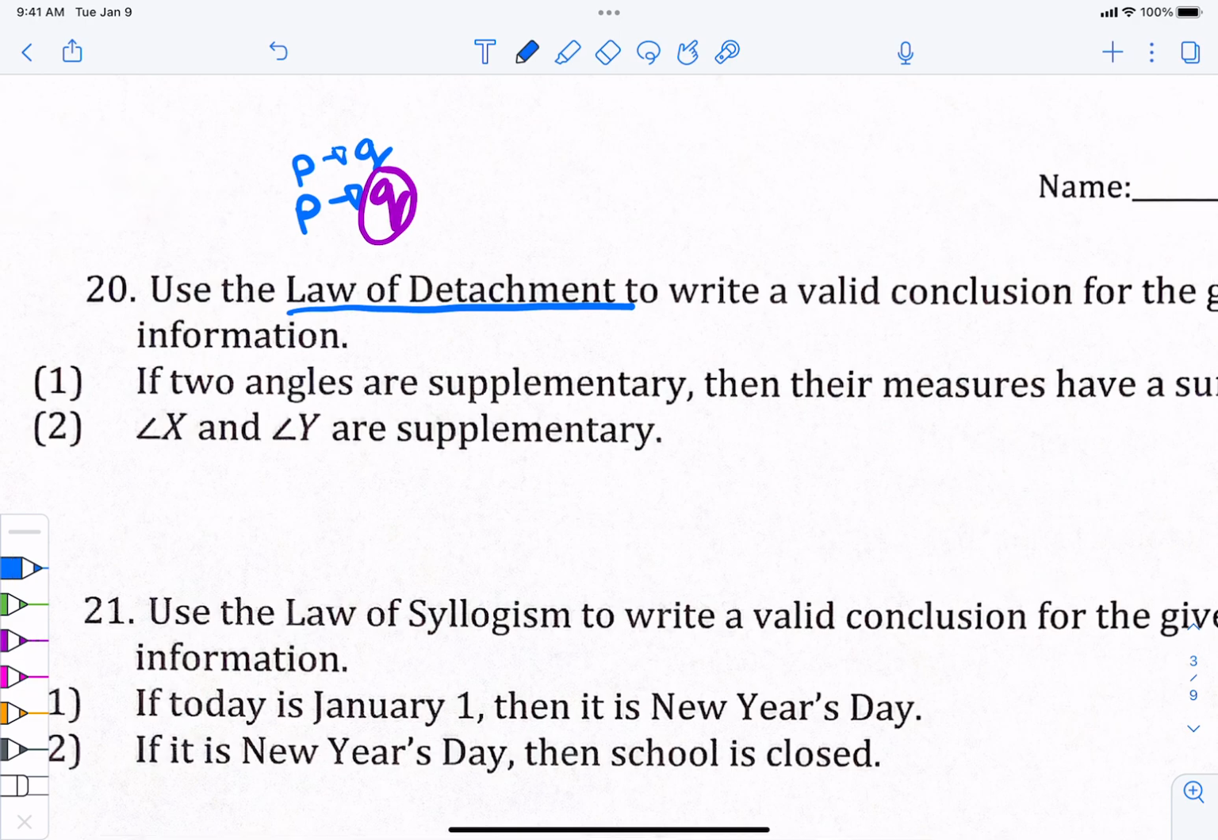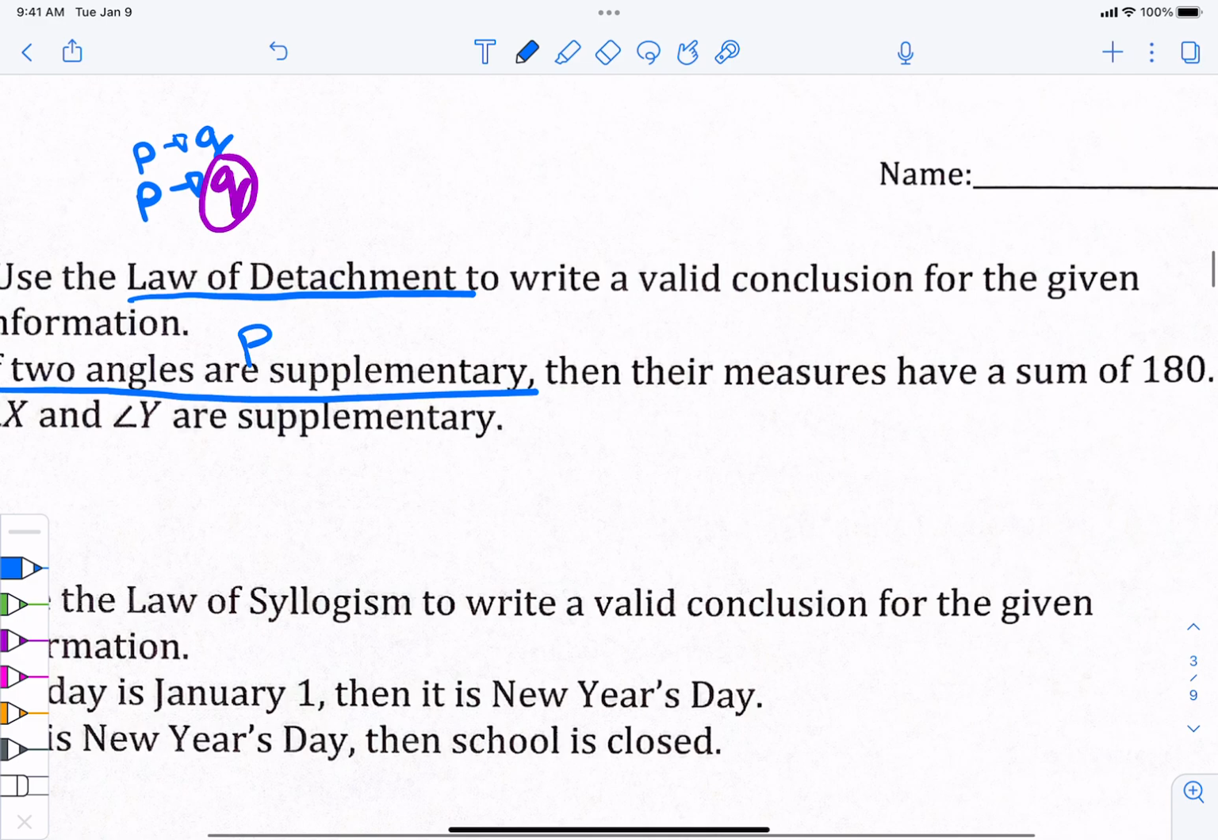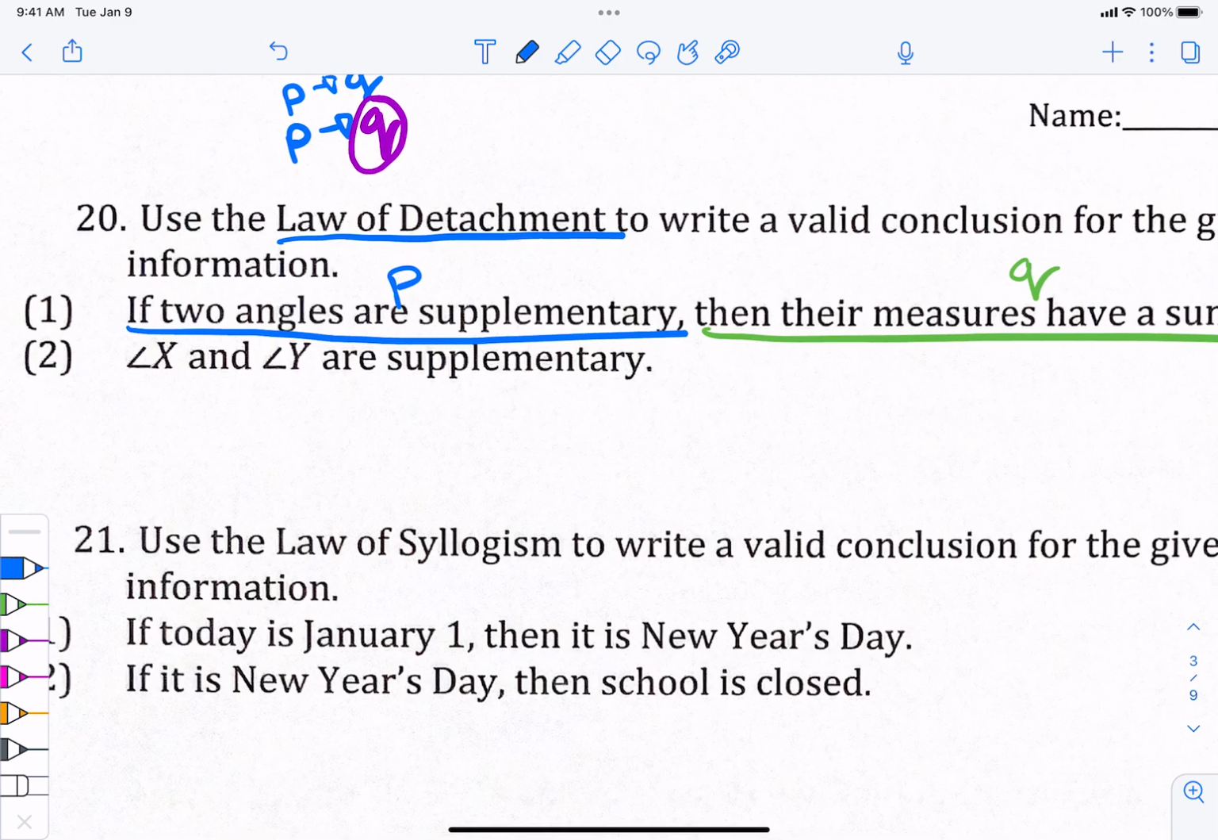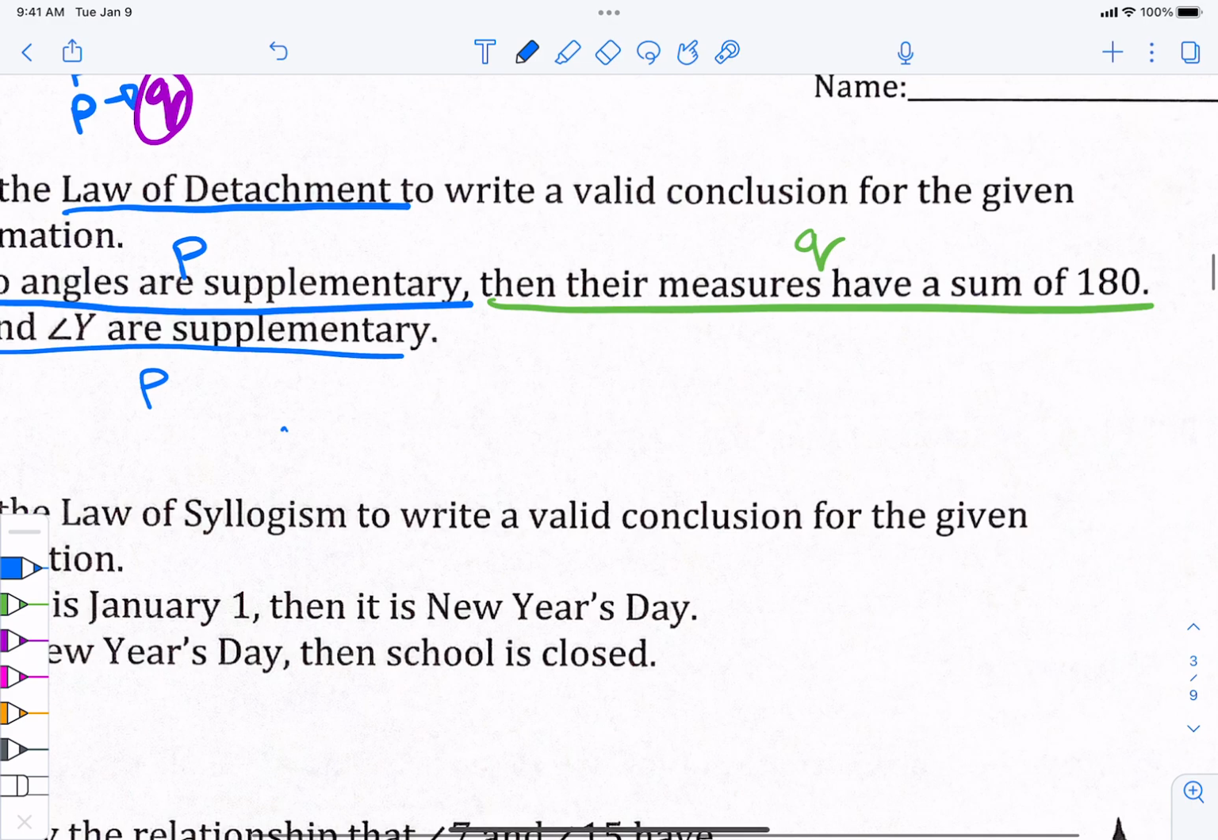So if two angles are supplementary, that is P, then their measures have a sum of 180. That's Q. X and Y are supplementary. That's P again. So what do we conclude? The measurements have a sum of 180. I'm going to say angle X and angle Y have